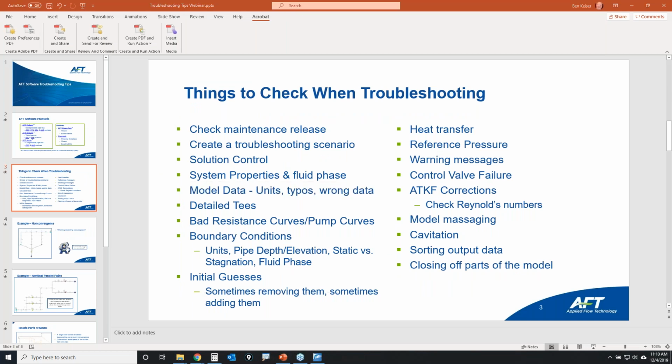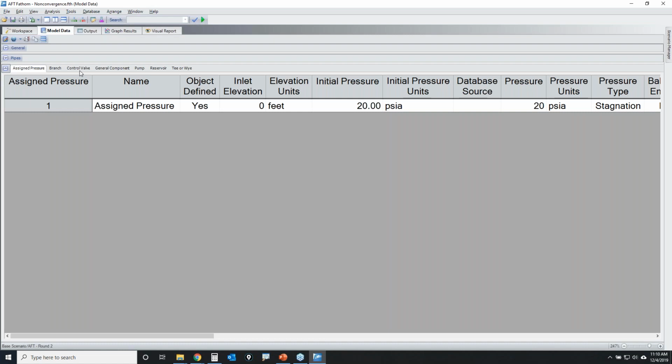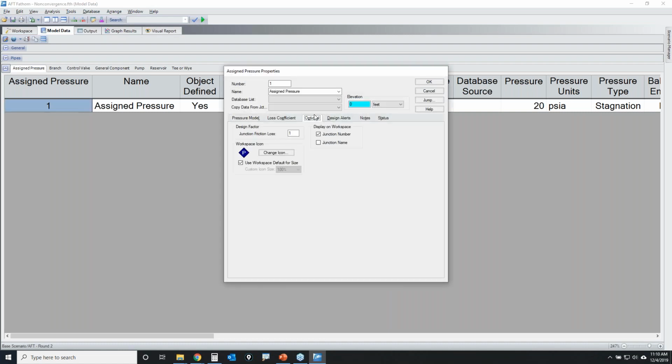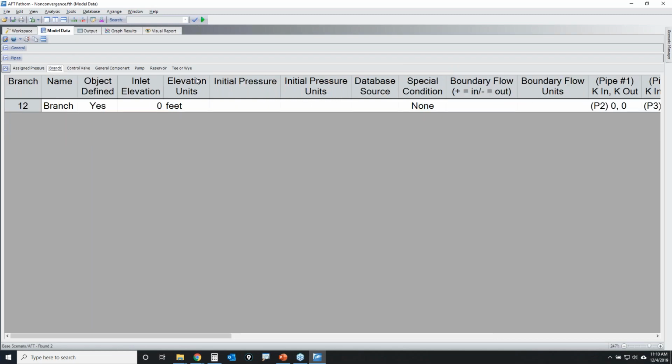So we've talked about each of these options right here of things to look at when you're having issues. We looked at our boundary conditions. Initial guesses. Let's take a look at that really quick. Initial guesses, as I mentioned, can cause convergence issues. If I see initial guesses that are entered right here for initial pressure, that initial guess is typically specified in your optional window. Now, I don't have initial guesses for any of my junctions, but if I did, that's where